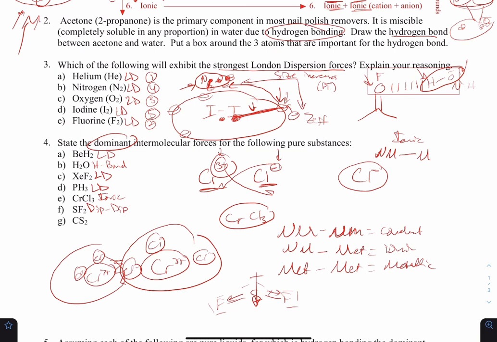All right, last one. This is carbon sulfide here. Now, if I look at carbon, that's a nonmetal. With sulfur, that's another nonmetal. So I'm going to expect this to be a covalent bond. So I got 4 electrons around carbon, and I've got 2 lone pairs and then 2 bonds around the sulfur. So I'm going to expect the 2 sulfurs to make 2 double bonds with this carbon. So it's going to be sulfur here and then there. Oops, sorry, put too many lone pairs there. Okay, so it should look like that. Now, even if there were dipoles in here, I don't even need to look because they're going to cancel out. Doesn't matter, okay? And that would make this an overall nonpolar molecule, which makes London dispersion the dominant